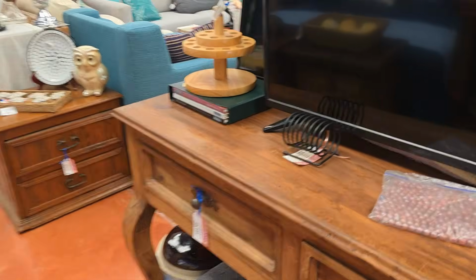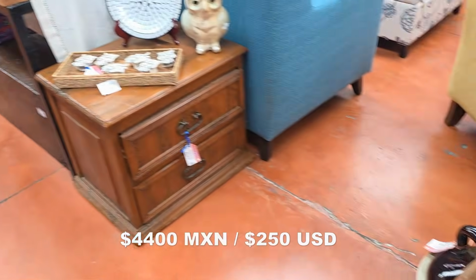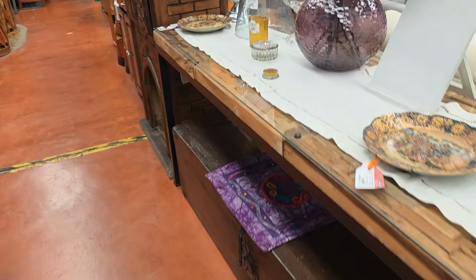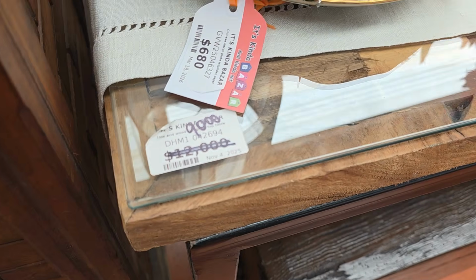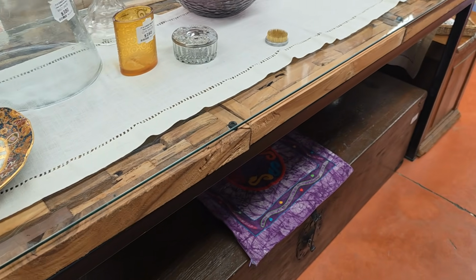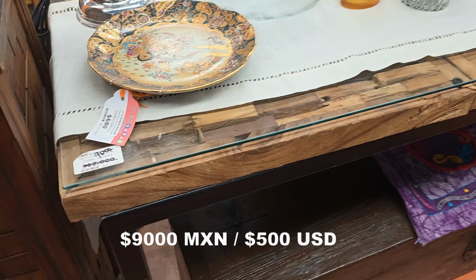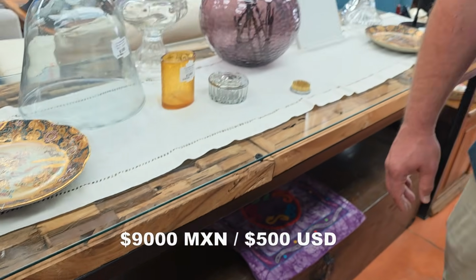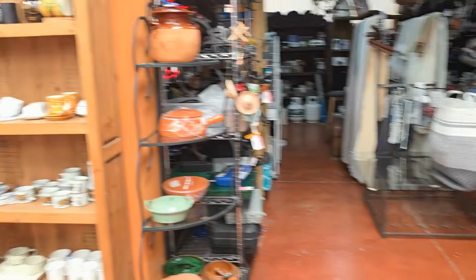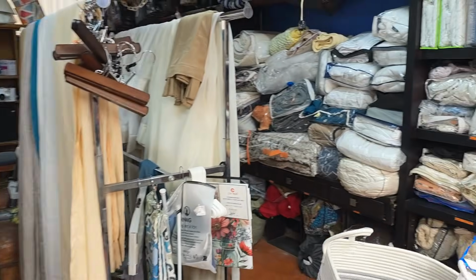But your prices are a little higher. So this is like little table, $4,400. This table is sold down the way, and it's really cool. It's like craftsmen. They do it with like pieces of wood and make a mosaic and metal. This would be about twice that down the street. They have a little bit of everything here. They have dishes, soft items,